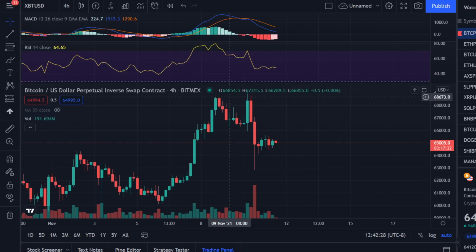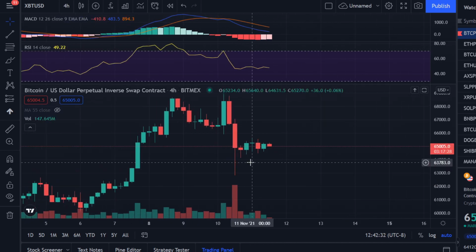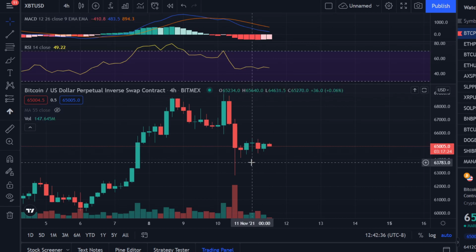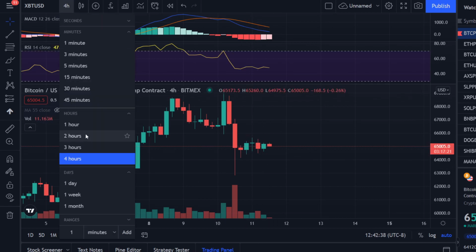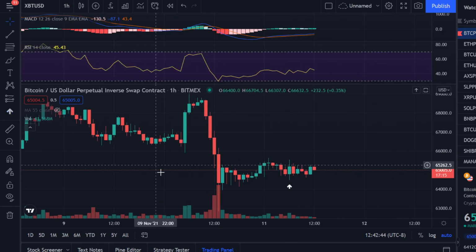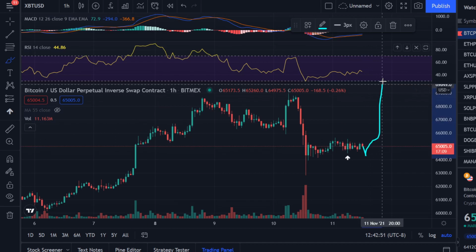Alright, let's start with the 4 hour here. Good, 4 hour just closed. Actually, on this 1 hour, we have this inside, outside bar here. So basically, the patterns that we're looking for here are kind of like a BART,